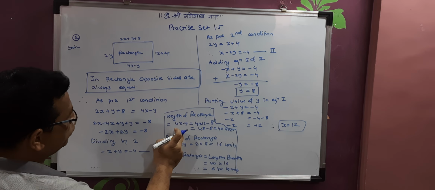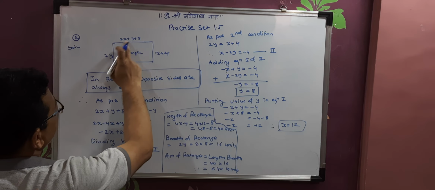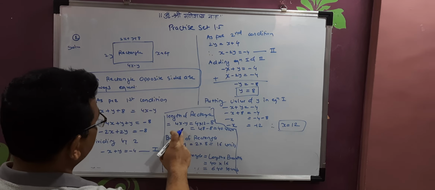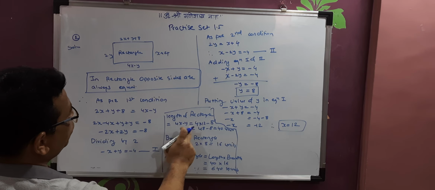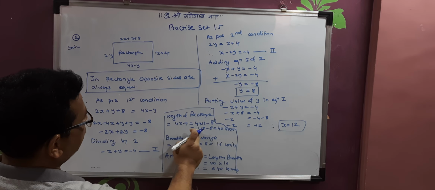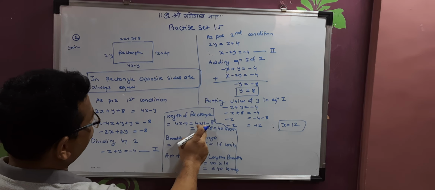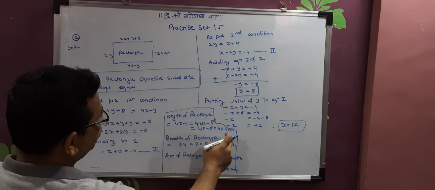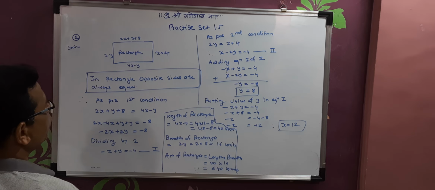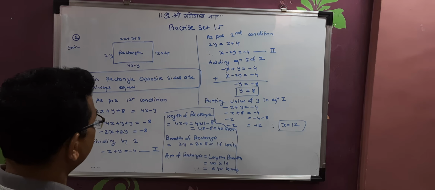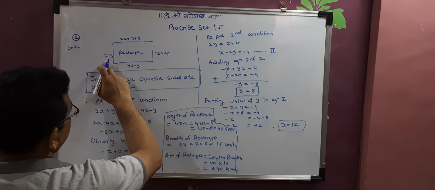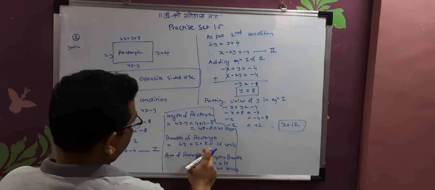Length of the rectangle is 4x minus y. We can consider this also because both are same. So this is simple, so I have taken 4x minus y. So 4 into x value is 12 and y is 8. So 12 fours are 48 minus 8 is equal to 40 units. You have to write down the unit also. Since they have not mentioned any units, so you can say units only. Breadth of the rectangle is 2y. This is simple, so I have taken 2y. So it is 16 units.